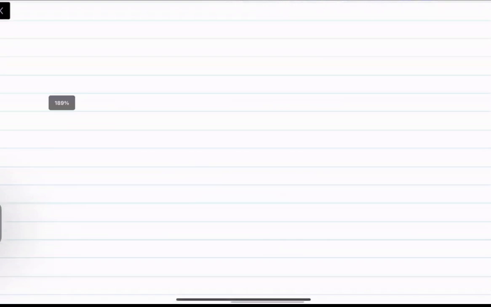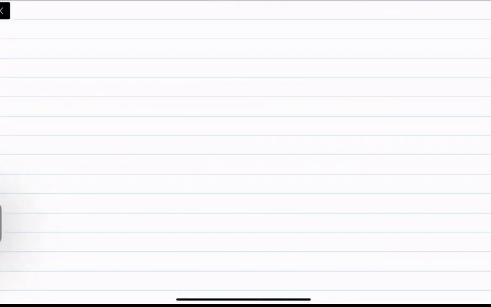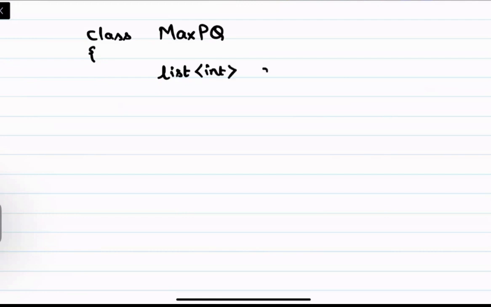So now our goal is to implement this class, call it max PQ. Internally you need a list. This is the array that you are managing internally. And the functions we want to implement are